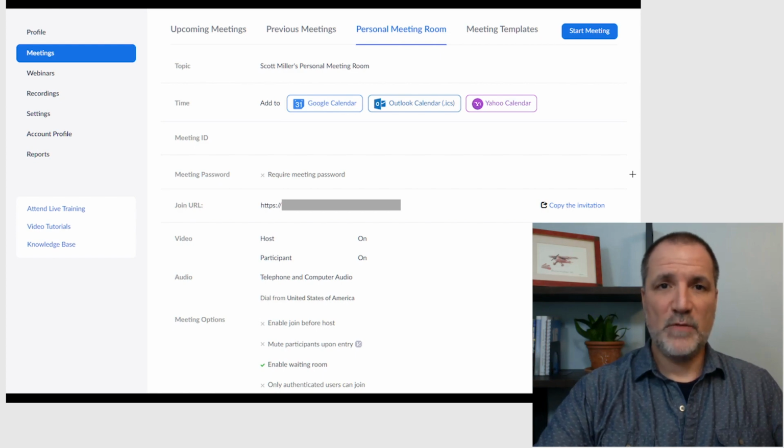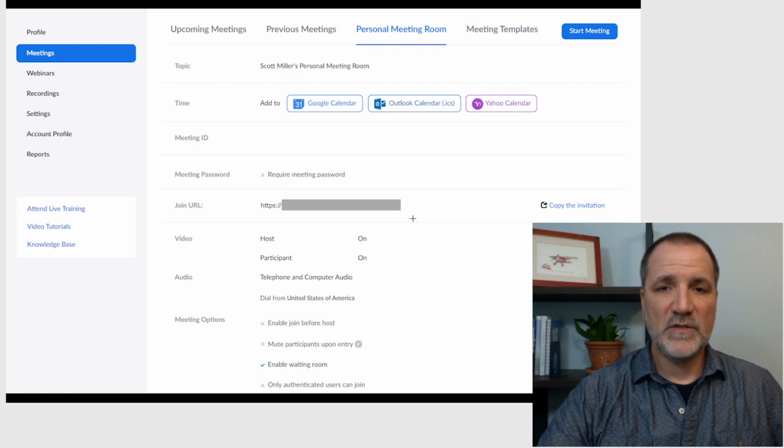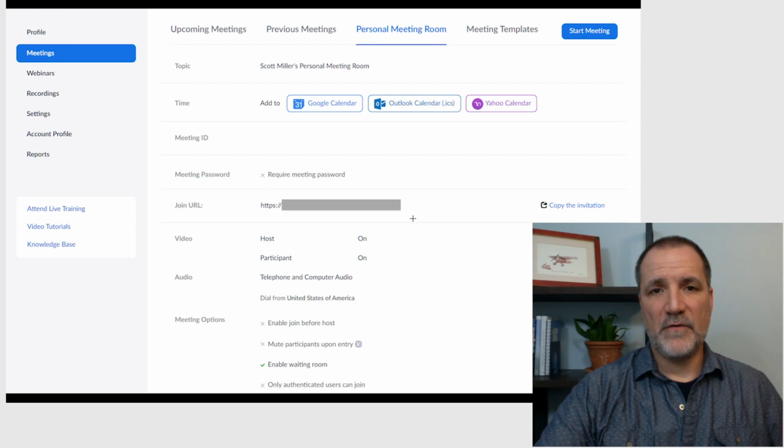Anyone who creates a Zoom account or is given one through their organization will have an online meeting room. You can send people a link to your meeting room. This looks just like a link to a regular web page. I have mine covered up here on purpose. But if I wanted to, I could send this link to a group of people and they could use it to sign into my online meeting room. I could then meet those people there for a video call.